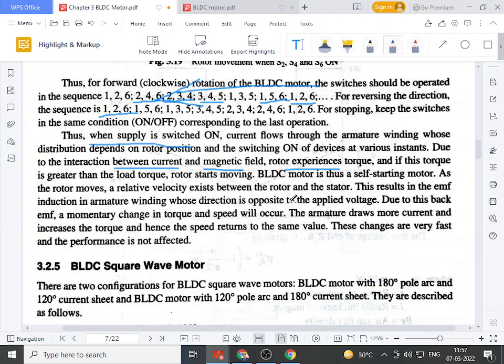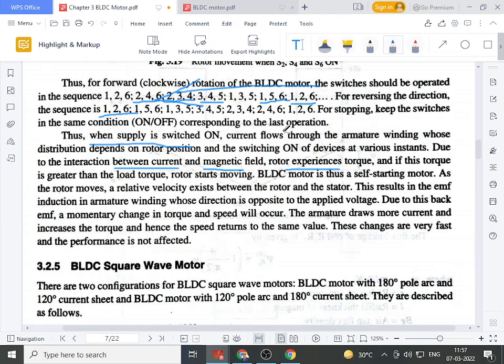So here also, the condition for operation of motor, or condition of rotation of rotor, is that whenever load torque is equal to the torque developed by the motor, at that time the motor will tend to rotate. Or if load torque is less than the torque developed by the motor, then and only then will rotation of the BLDC motor or rotor take place. So whenever the load torque is equal to, or the torque developed by the motor is greater than load torque, the motor will rotate. If load torque and motor torque are equal, then that is actually the equilibrium condition.